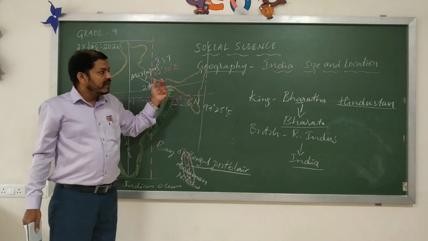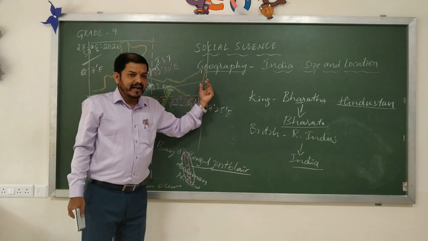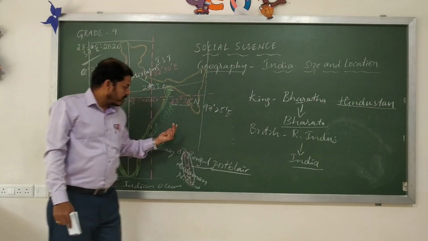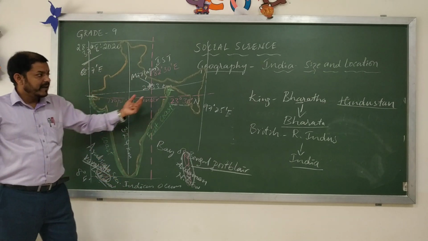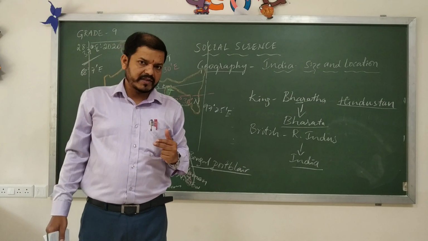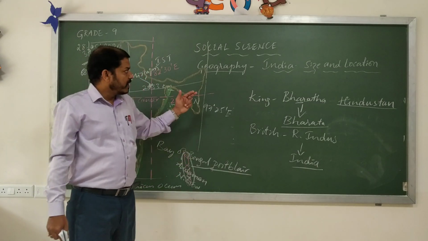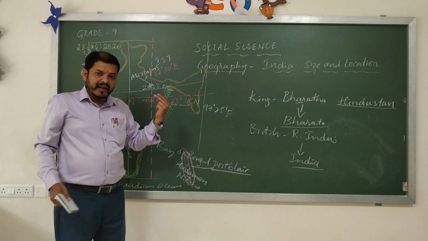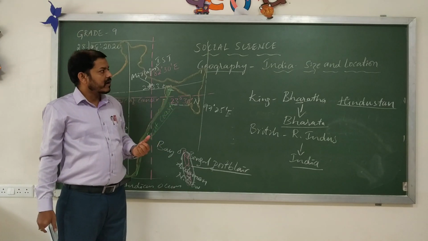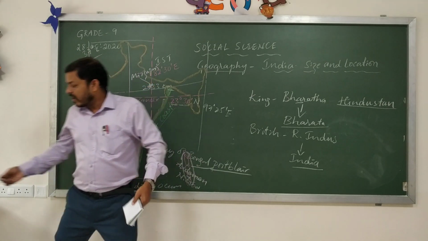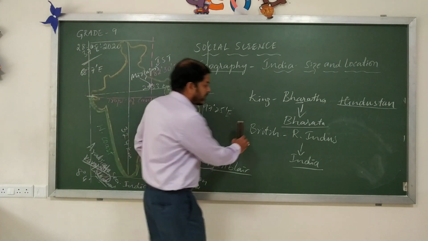So today we learned about India and its size, location and the water bodies surrounding the country, its different names and its latitudinal and longitudinal extent. This is what the first chapter of geography deals with, and some more information. Next we move on to the next topic, called India and the world.